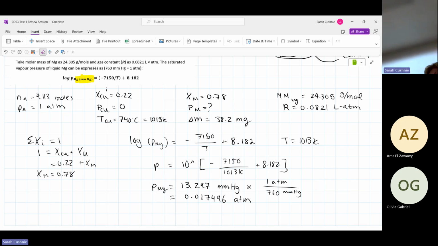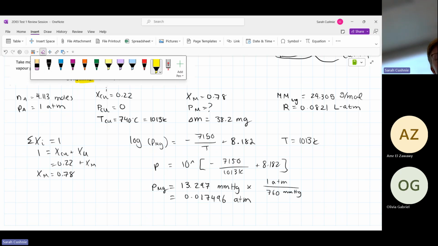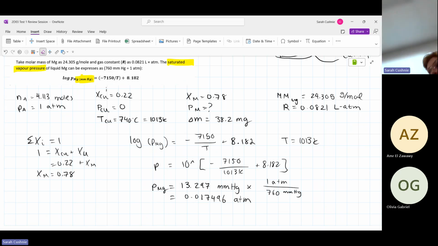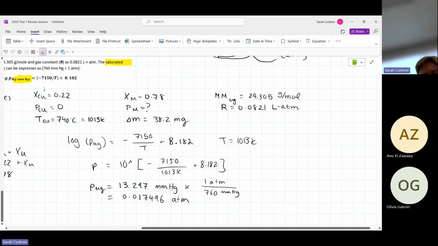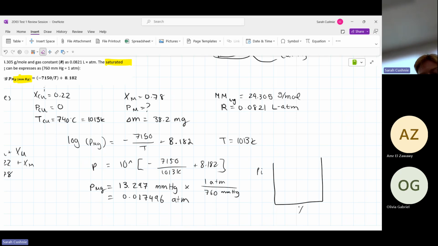What does this actually represent? We can go back to the question, and it says that this is the saturated vapor pressure of the liquid magnesium. So essentially, saturation means that's as much as you can possibly get in the environment. If we go back to that little graph we had, with P_i and X_Mg, P_Mg, assuming ideal, it's not going to be ideal, but let's pretend it's ideal, it's going to be this value right here. This is the maximum we can get. This is going to be the saturated pressure. So we can add the little naught symbol we had, like P_Mg naught. This is what we just solved for, that value there.